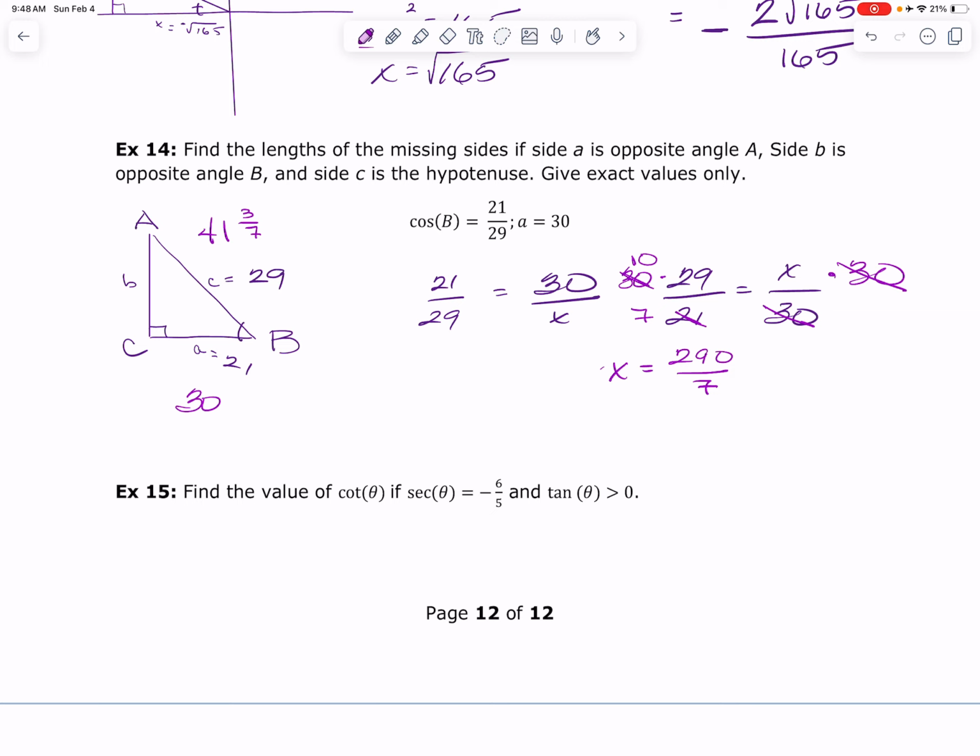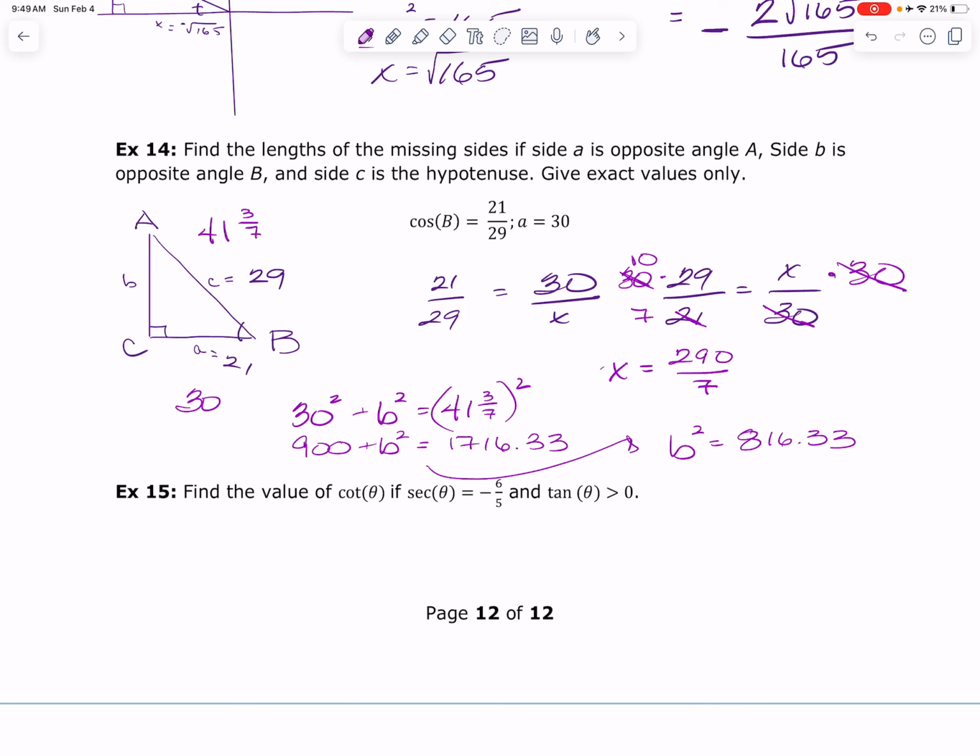Keep in mind, cosine of B is 21 over 29. I can use that to label the sides, but that is a ratio. If A is actually 30, then we can figure out the actual lengths of the sides. Numbers not quite as nice and neat as we're used to here. How about we go to 2 places? And I'm writing really big. When we square root both sides,